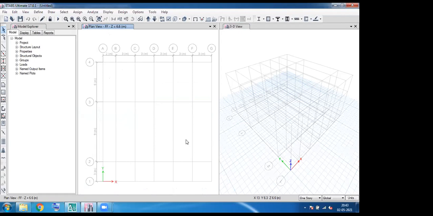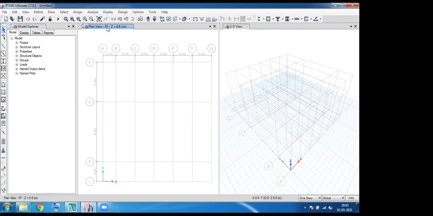If you want to go from first floor to ground floor, the easy method is, see at the top, there is an up arrow and a down arrow. If you click the up arrow, it will move from one floor to another floor in upward direction. If you click the down arrow, it switches one floor to another floor in downward direction.